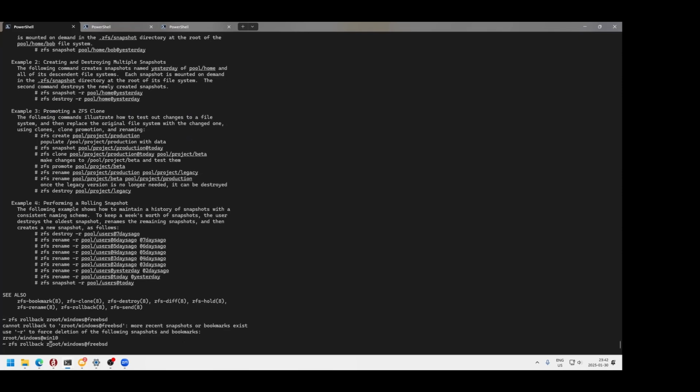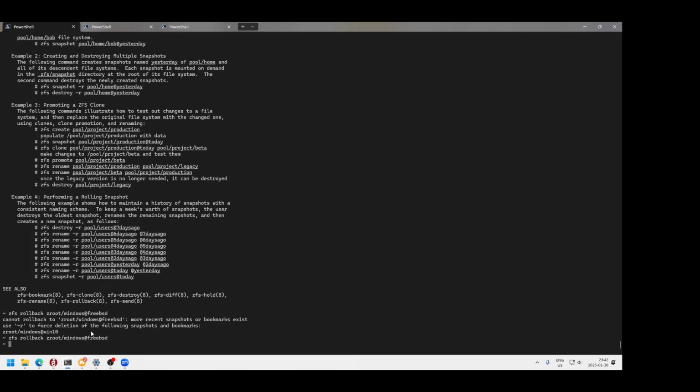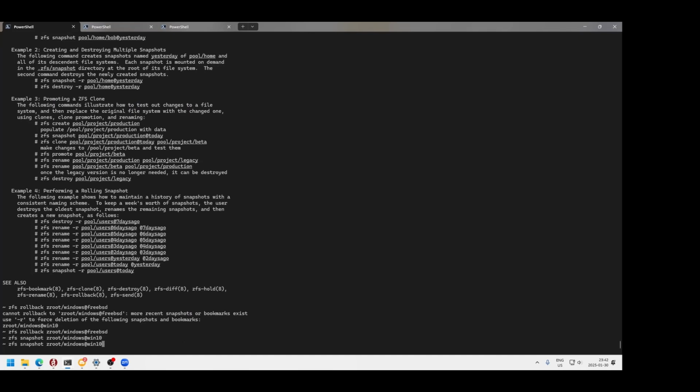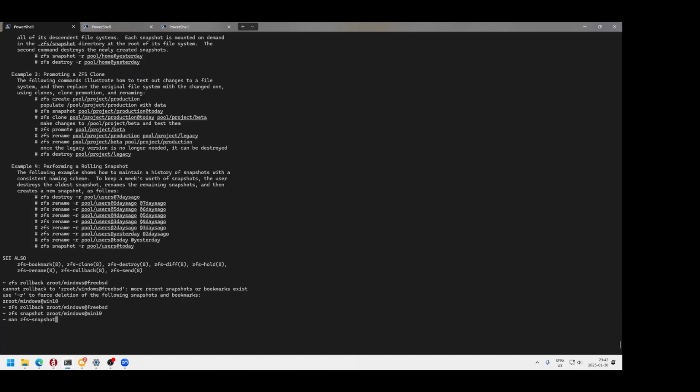Oh wait, it's gonna delete the Windows 10 snapshot? You could make a new one. You could clone. There are a lot of options there. What are you trying to achieve? Clone the Windows 10? Oh, that's probably not gonna be enough space. Oh boy. We can't reinstall Windows 10 anytime soon. Oh boy. Well, anyway,